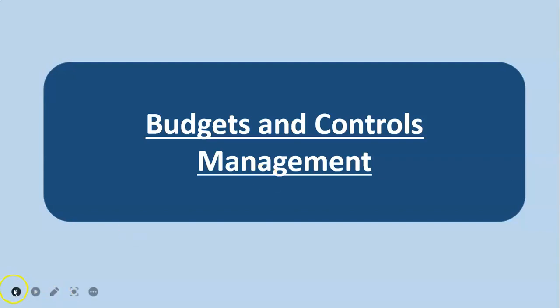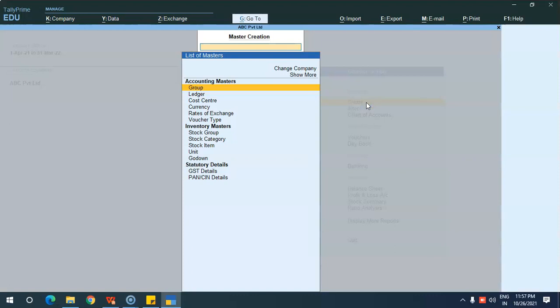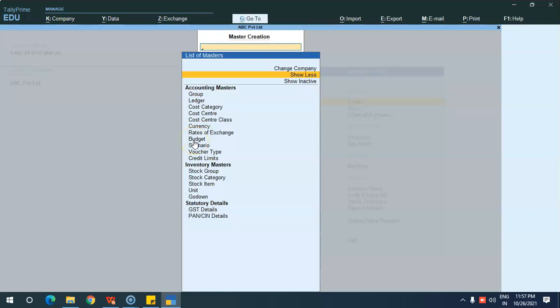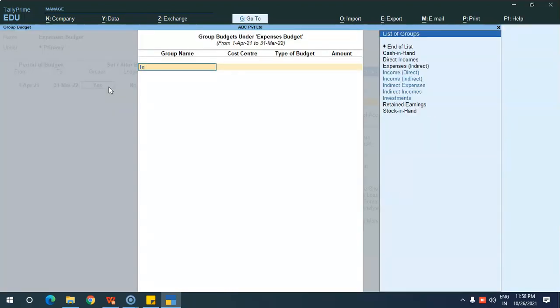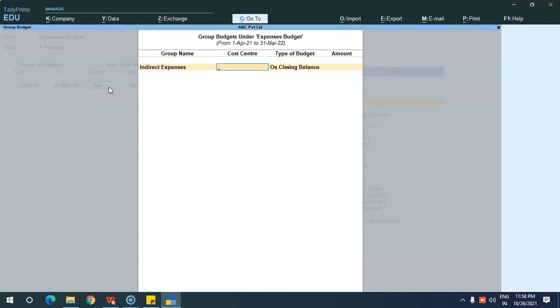Let's see now. Click create and click on show more, and here you will have budget under accounting masters. Select budget, and for example I am creating an expenses budget here. For the period of 1 year, I am creating a budget for the group indirect expenses.